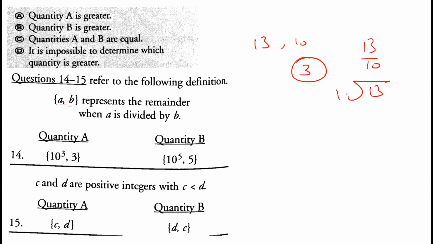So 13 divided by 10. 13 ones are 10 and we get 3 as your remainder. This is your quotient. Now 10 raised to power 3 would be 1000 divided by 3, and 10 raised to power 5 would be